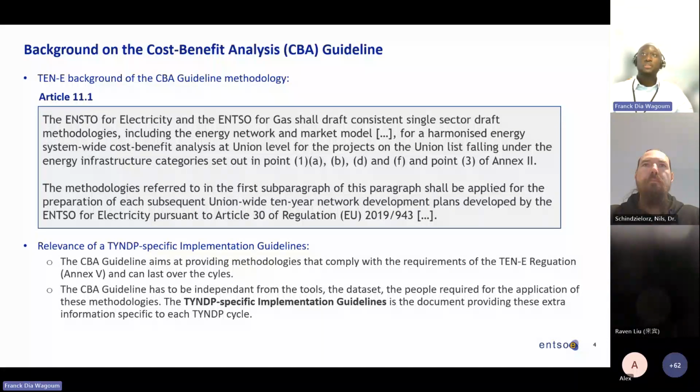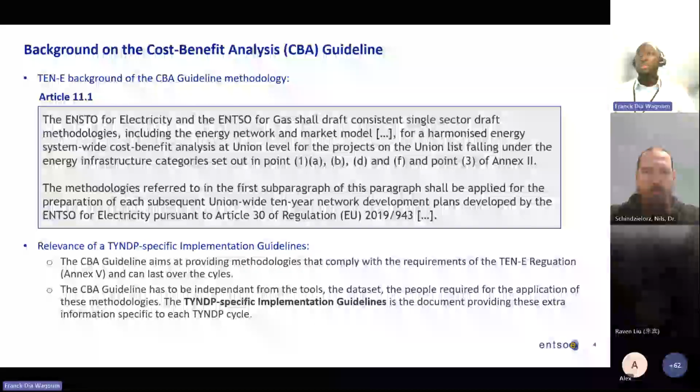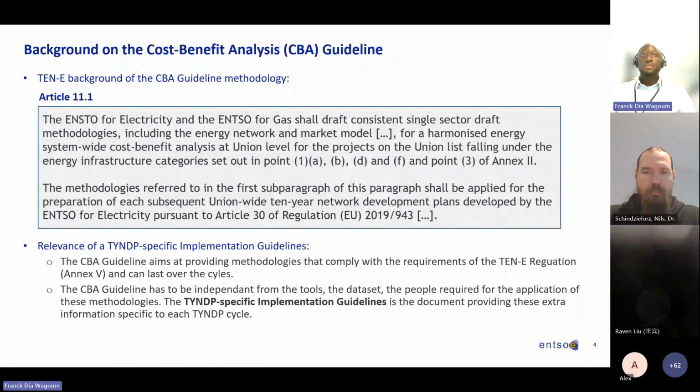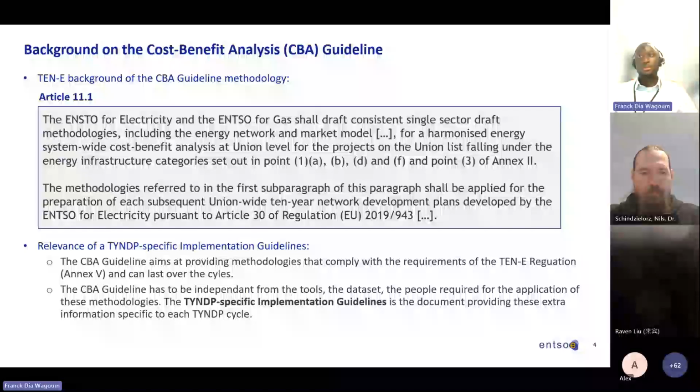for gas, shall draft consistent single sector draft methodologies, including the energy network and market models, for harmonized system-wide cost benefits analysis at union level for projects on the union list falling under infrastructure categories, which are outlined here. And the methodologies referred to in the first subparagraph of this paragraph shall be applied for the preparation of each subsequent union-wide 10-year network development plans developed by the ENTSO for electricity pursuing Article 30 of the Regulation